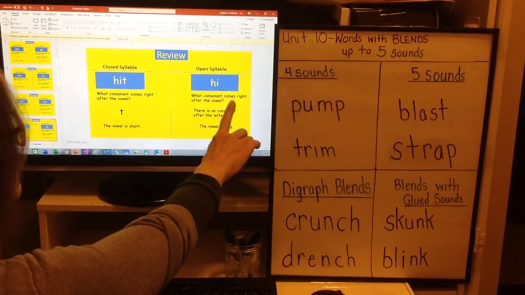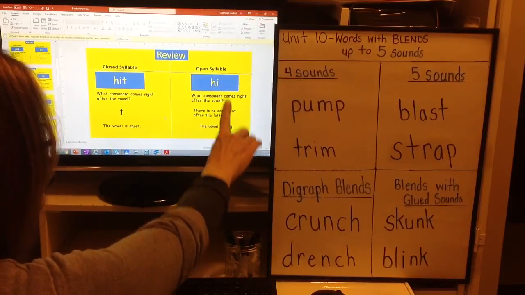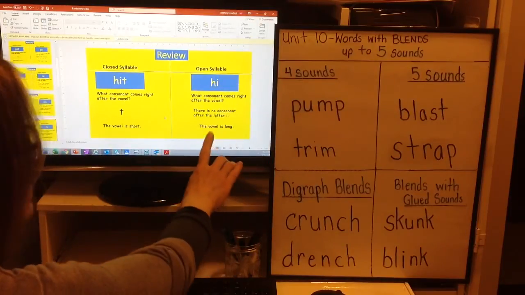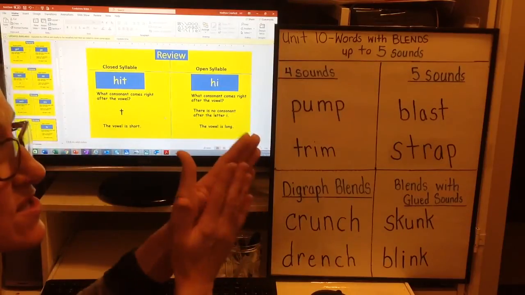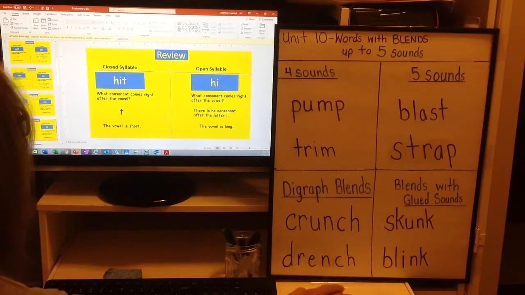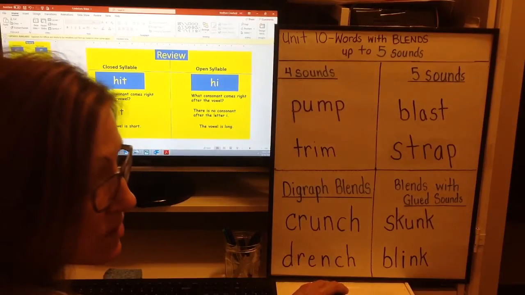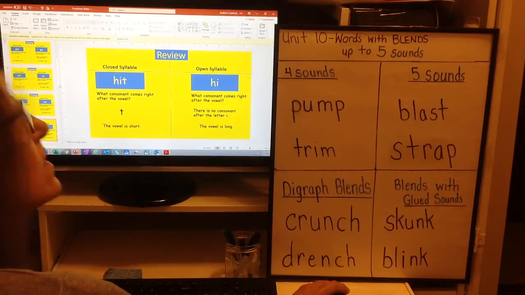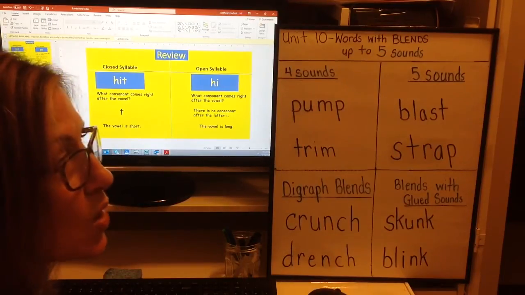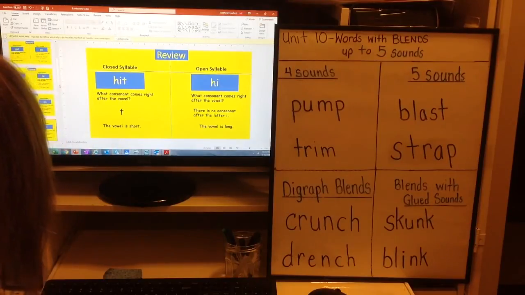So what consonant comes right after the vowel? There is no consonant after the letter I, or the vowel. So the vowel is long. You got so good at that. I'm so proud of you, and I know that now you know the difference between a closed syllable and an open syllable. All right, we're going to move on to lesson 9,